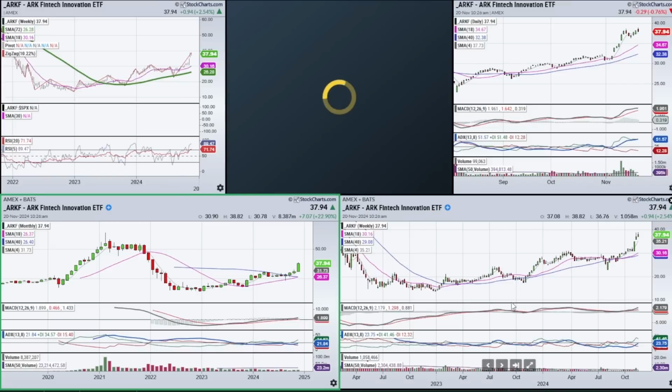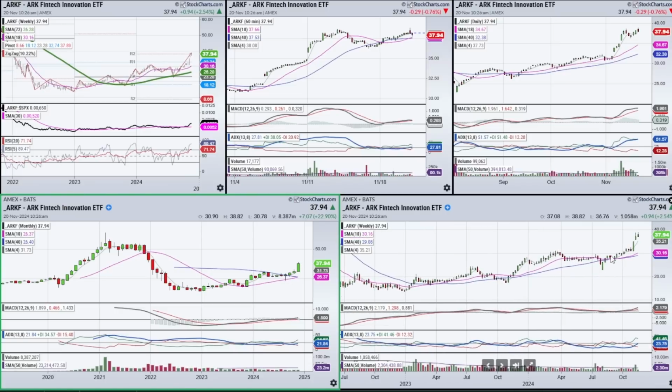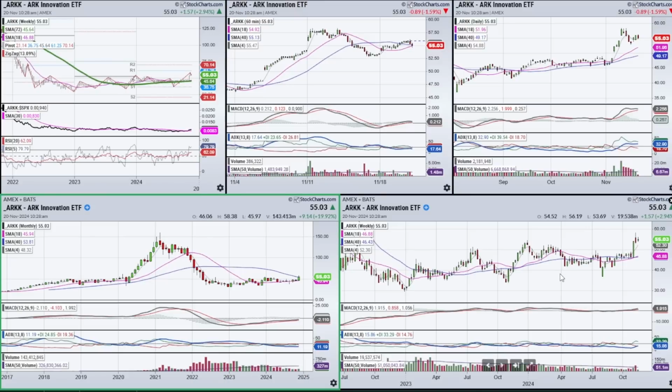All right. Let's look at the fintech version of this. We've got a really good pullback to the 18-month that resulted in a nice breakout on the weekly after a zero line reversal. Now the ADX is starting to get going here. I think these first 2 are ones I'd be watching on a pullback as a potential opportunity. And maybe the market pulls these down. You know, if the market decides it wants to correct, what I would be looking for are the nice breakout